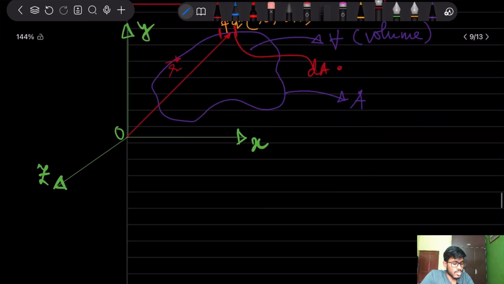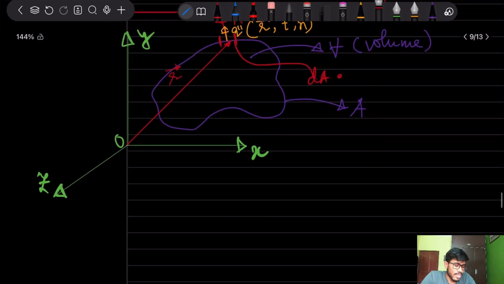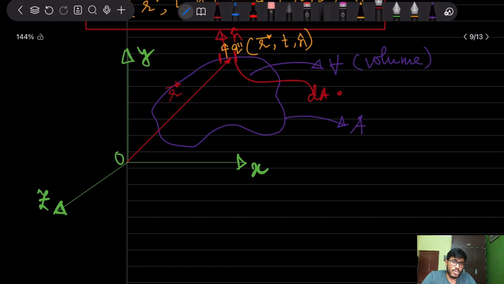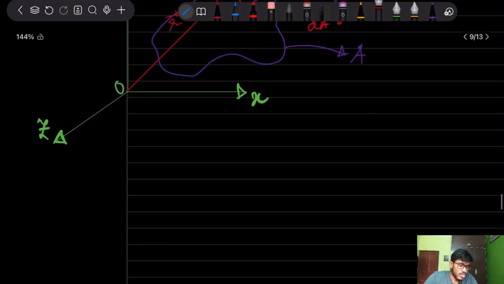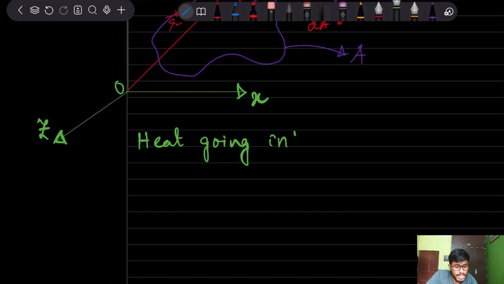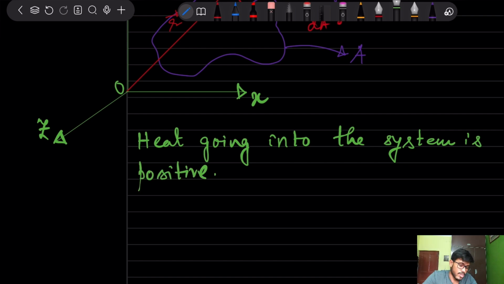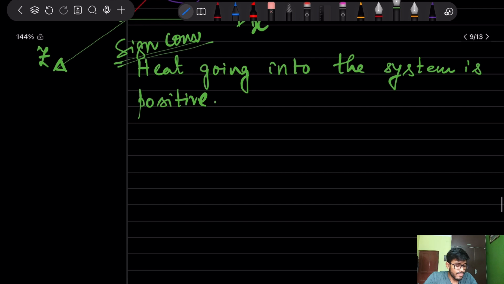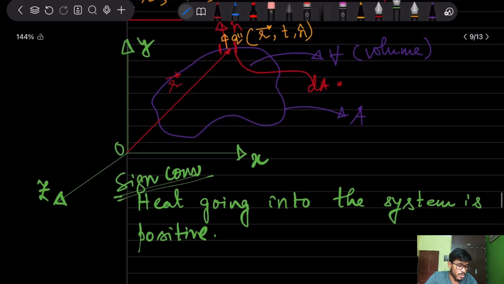Now I have to define the sign convention for this also. So my heat going into the system is positive. This is my sign convention. If this is the case, now you see that